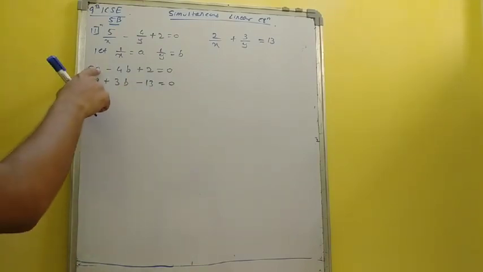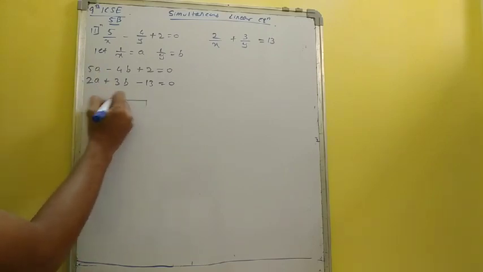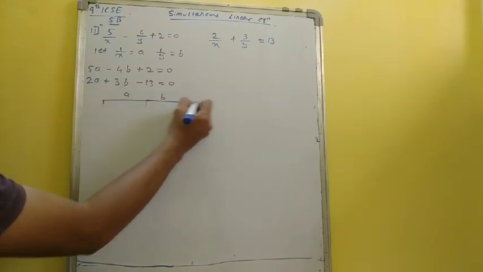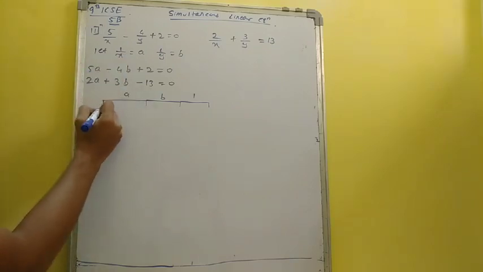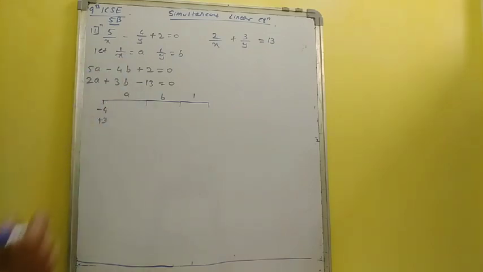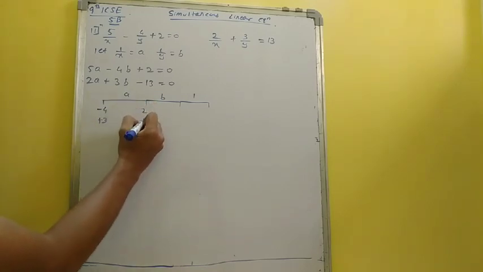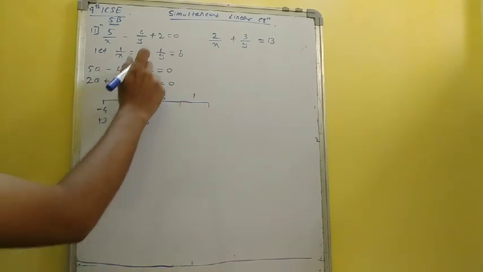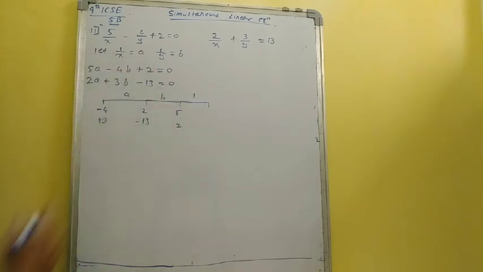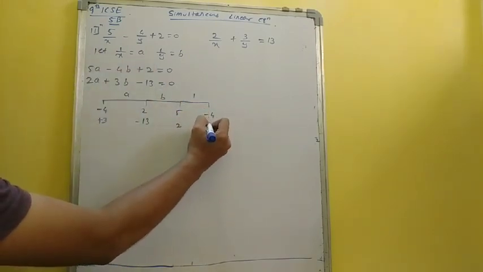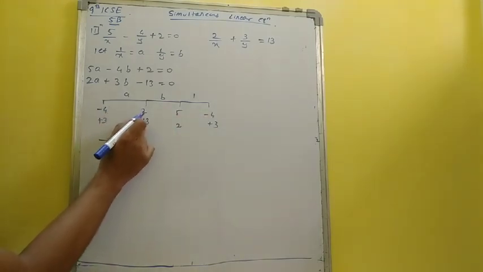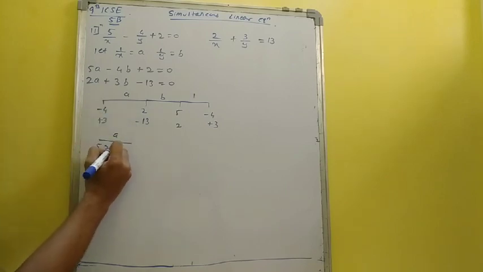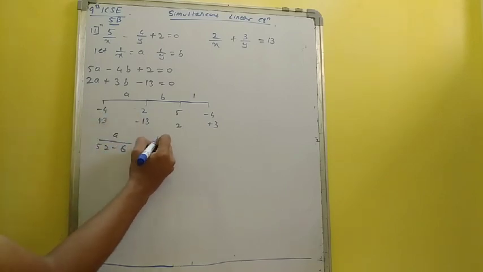Okay, so we have the variables a and b now. So I will take a, b and constant. I will find the value of a and b, then resubstitute to get the value of x. So for a I will not write a, so I will write minus 4, 3, 2, minus 13. For b I will not write b, constant is written, so 5, 2 and minus 4 and 3. So a upon 3, minus minus become plus, 13 4s are 52 minus 3 2s are 6,